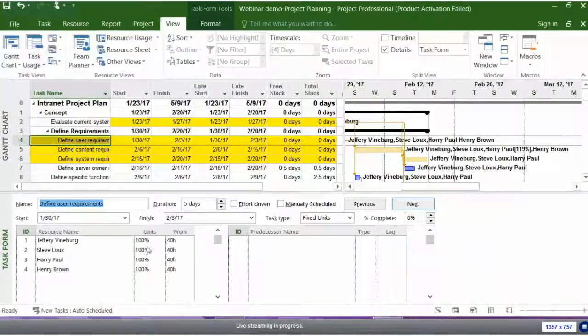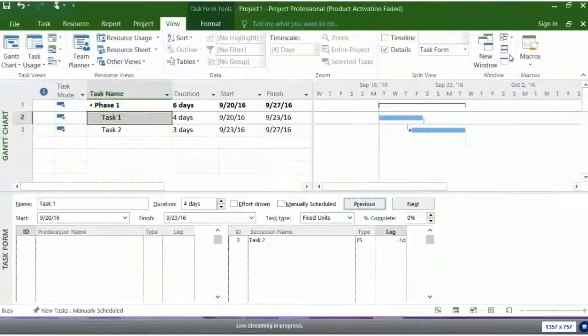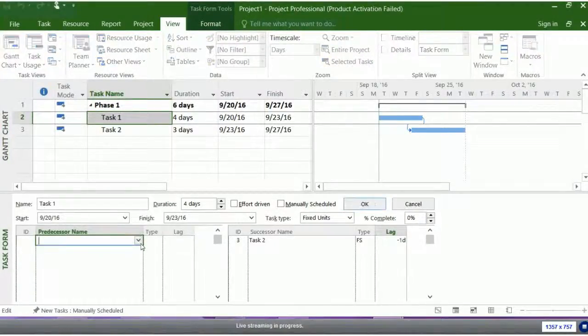Okay, and by the way, I'm going to go back to this other, I'll just show you a quick demo. This designer, we're going to assign to a 4-day task. Now, by the way, what a lot of folks do is they don't even split the screen, okay? The reason I like to split the screen